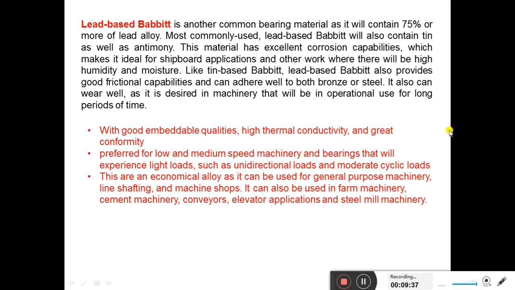The first one is purely a tin alloy. This one is called a lead alloy. Along with that, it also contains some amount of antimony, copper, etc. The antimony, copper and other materials are used just to enhance the properties of this lead alloy. Just to improve the lead alloy's properties, we add some amount of other materials like copper and antimony.